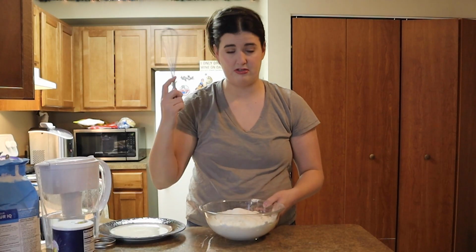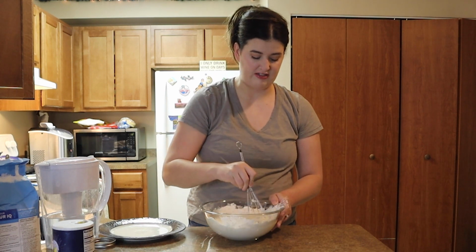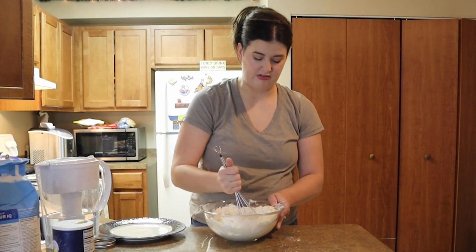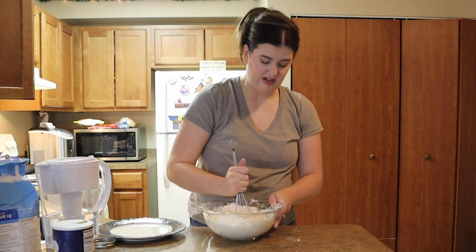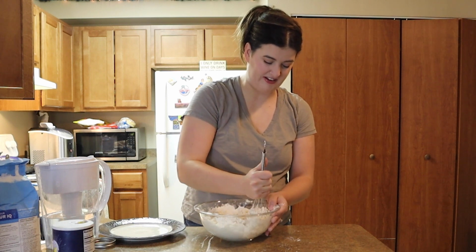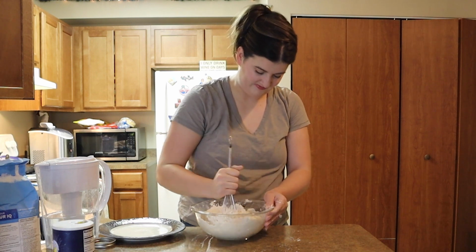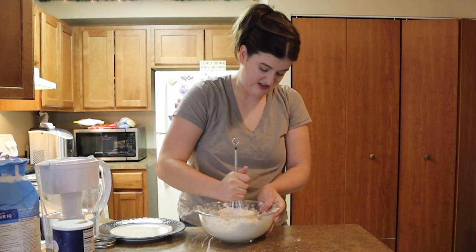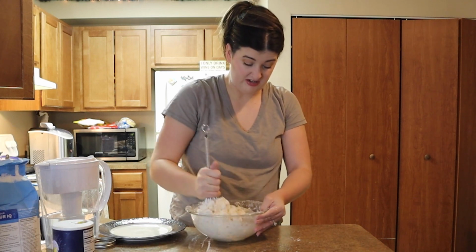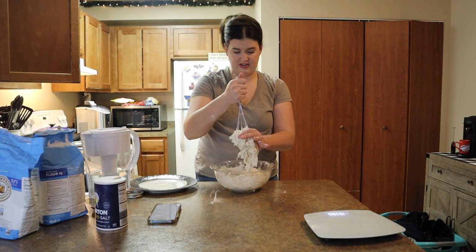I'm gonna just use my regular plain whisk here and whisk it all together until it forms a shaggy dough that I can work with a little more, and then I'll get in there with my hands and finish the rest of it. I usually make a big mess before it ever comes together completely. So we'll just keep working it here until it's all incorporated. Keep working it. Okay, so that's come together enough